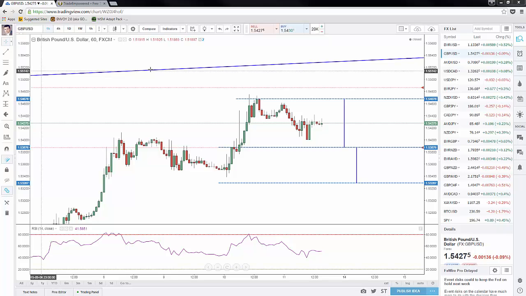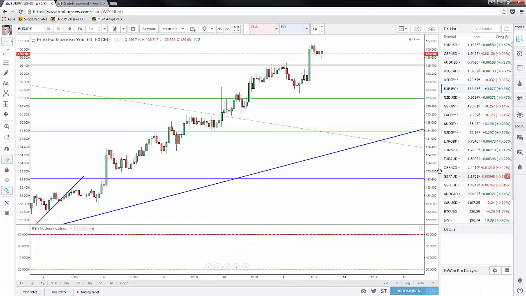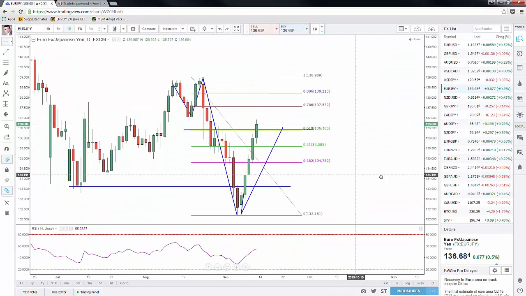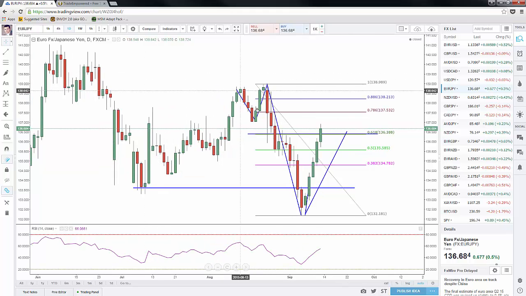Now the next one that we want to talk a little bit about is called entry stops and targets. So I want to use something that we showed you guys last week. Let's go out here to the daily chart. In this case, we're looking at Euro Yen. We had the double top right here, followed by the break of structure, the deep break of structure. And I said, watch for the retracement back up into the 618. And as you can see, on Friday, we got the retracement all the way back up into that 618,